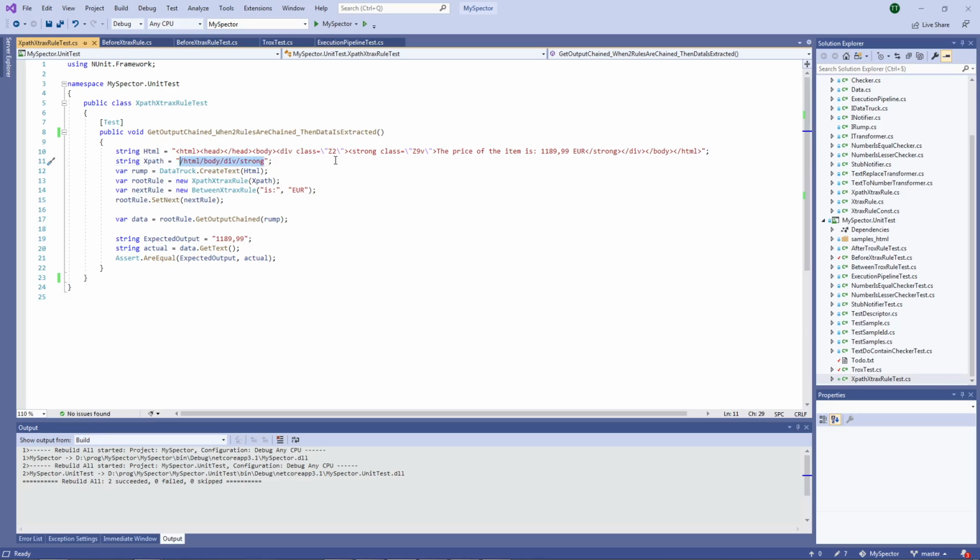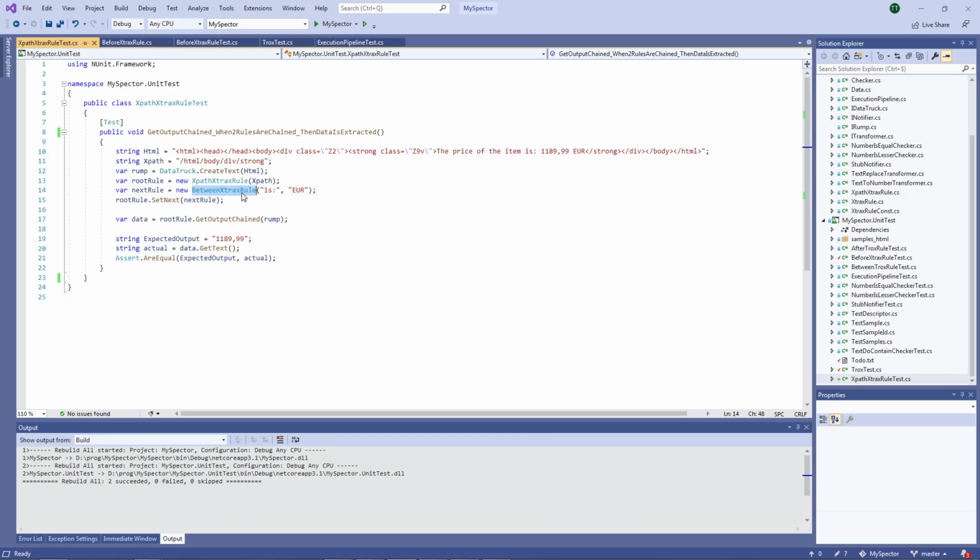This is a standard which is defined. For this example, I want to get the content of HTML. Inside HTML, I have a body tag. Inside the body tag, I have a div tag. Inside the div tag, I have a strong tag. And then the XPath finishes. So it means I want to extract everything which is here.